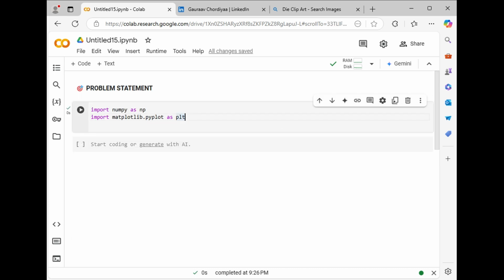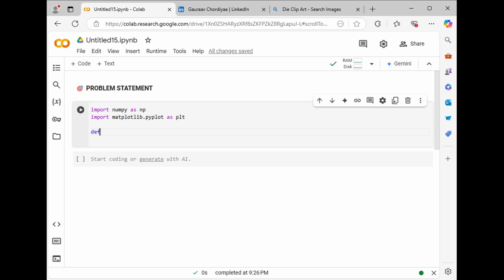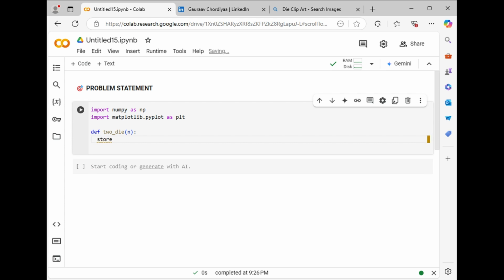Now we'll write a function here, and I'll give the function name dice. We'll pass n as the number of times we need to roll the dice, so that's what we are passing as the variable n. One thing we need over here is to store that sum somewhere. So I'll use a list to store it over here.